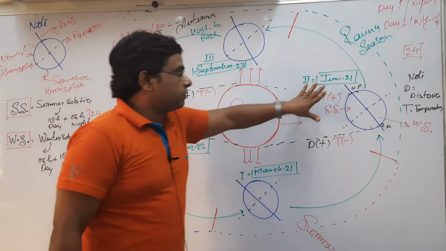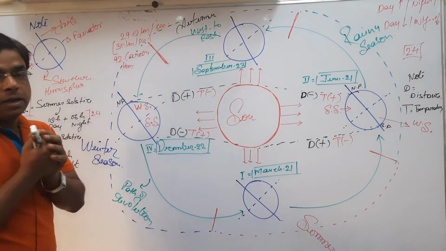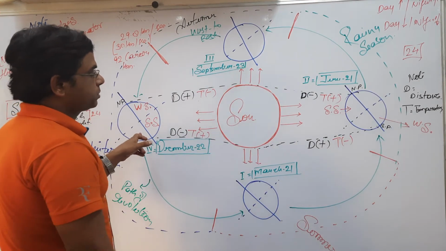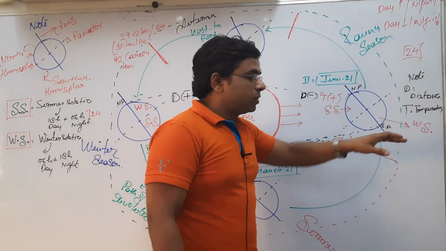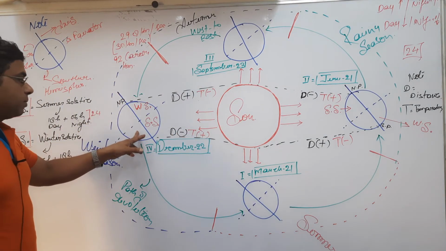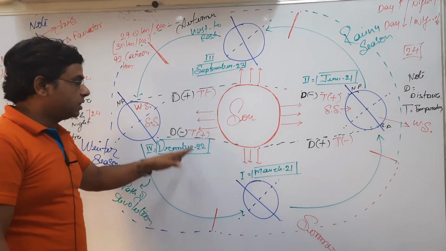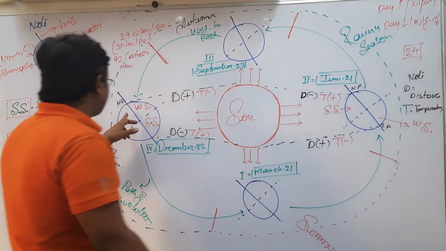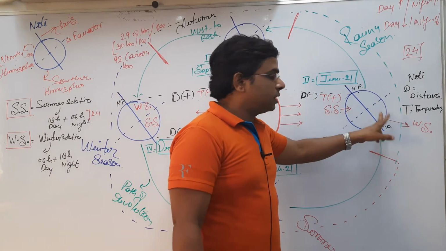So on the 21st of June we were blotting our sweat, and on the 22nd of December we were sleeping in our blanket. Simultaneously, just reverse to this position of the northern hemisphere on both these dates, the southern hemisphere people were sleeping in the blanket on the 21st of June, and on the 22nd of December they were blotting the sweat from their forehead. That's why we used to say, when there is winter in India, there is summer in Australia, and when there is summer in India, there is winter in Australia.